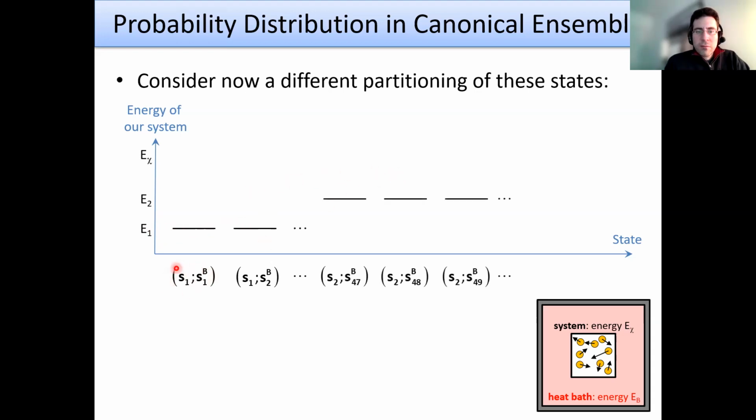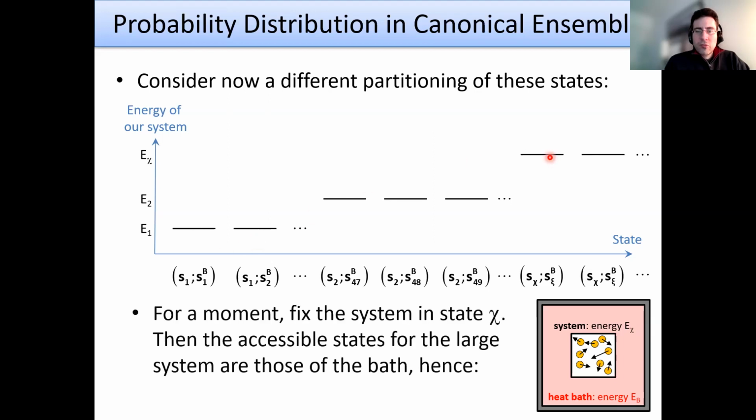And these are some combinations of the energies of the small system and the bath that give us a total energy equal to E, right? We want the sum to be always constant. So I can do this partitioning, and then we're going to look into what is happening if we fix the